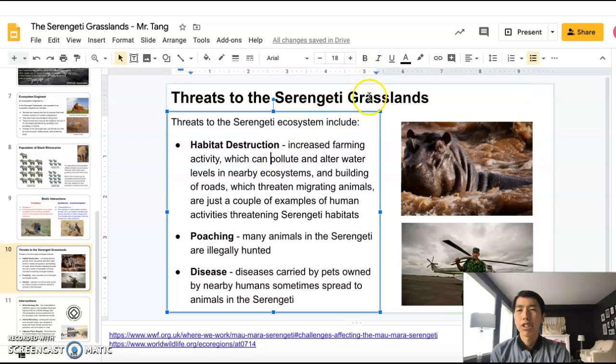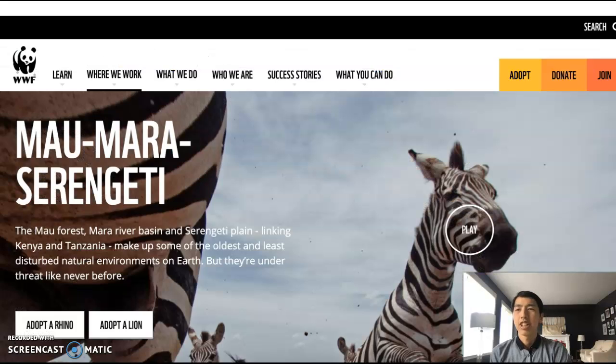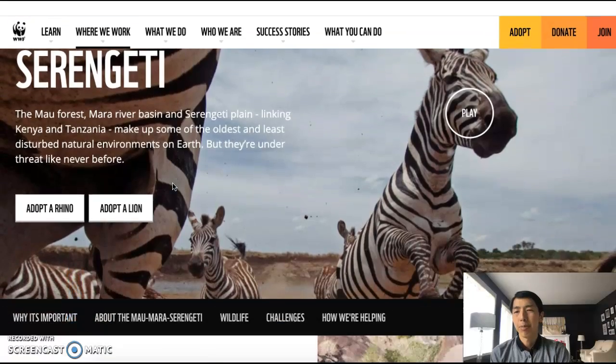Okay, so I did a bunch of research and I found 3 threats. Now, when you're researching, some of you will be in luck if the WWF, that's the World Wildlife Fund, has kind of targeted your ecosystem in one of their web pages, then you're in good luck here. Okay, so I'm in luck because the WWF has a web page on the Serengeti. And a lot of their web pages on these ecosystems are set up the same way. And if I scroll down a little bit,